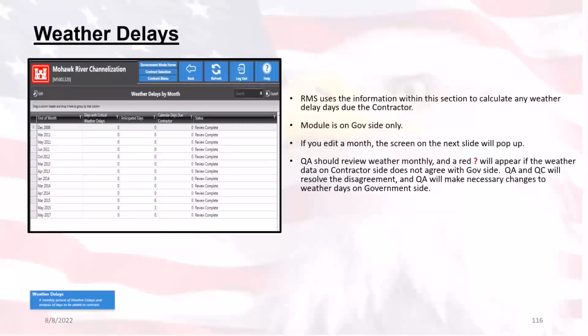Moving on into the weather delays module. Only the government side will be able to see this module, and inasmuch they will be able to review the report that is generated once the month has been completed, has elapsed. The way they do that is by selecting a month, one of the months given here, and the government representative